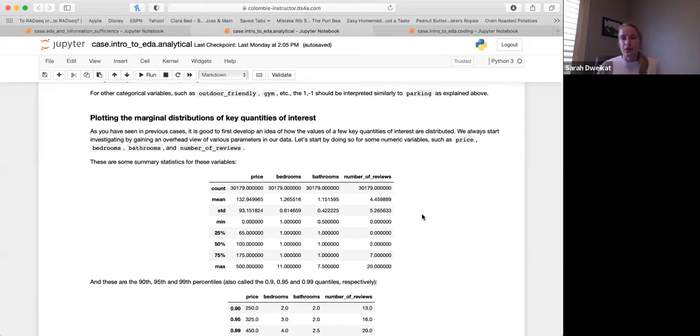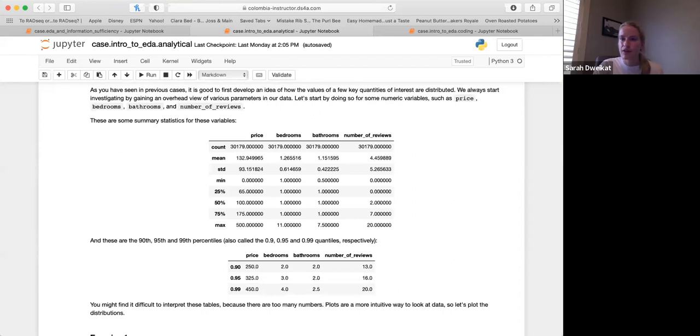So, it's important to see our distributions, looking at some of those summary statistics, like the mean, the minimum value, maximum value, and these quartiles. So I'm hoping that you have already covered this in a previous lecture, so you know what the 75th percentile means, the 50th percentile, things like that.